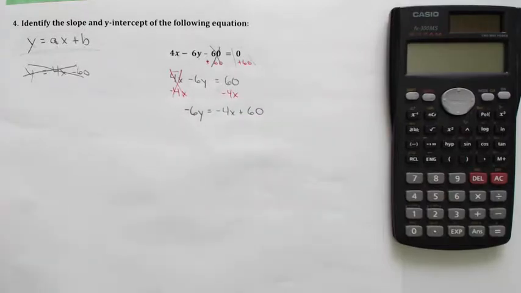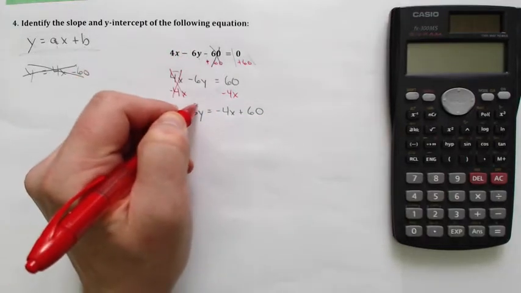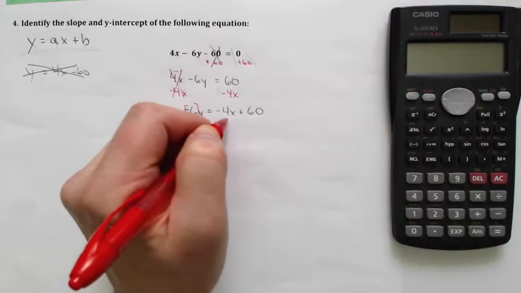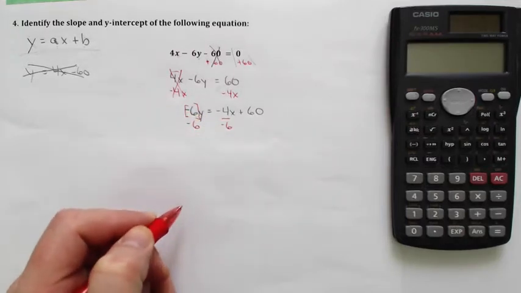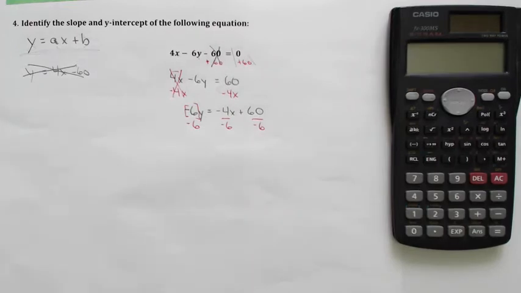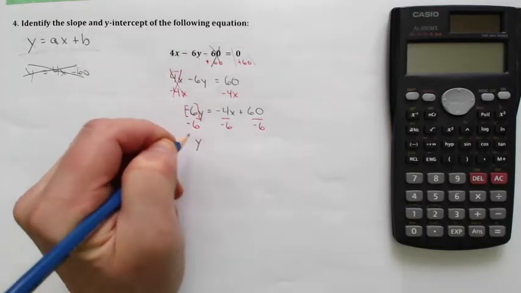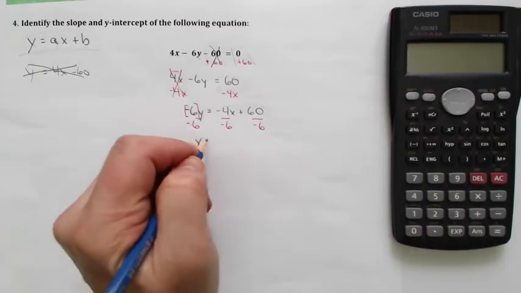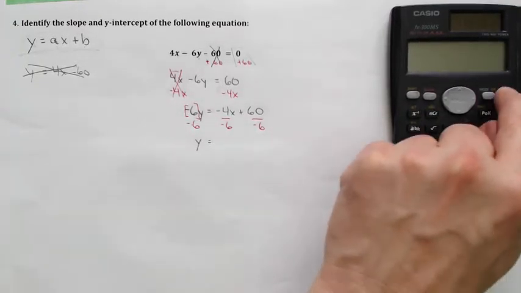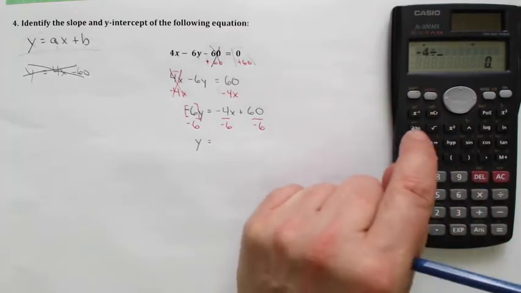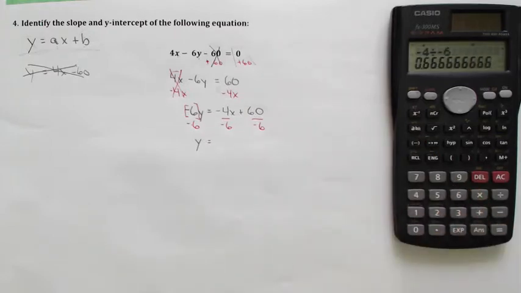Lastly, and some people stop here, but they forget that you've got to get rid of this number as well. The whole thing, including that negative. So we're going to divide that by negative 6. We're going to divide that by negative 6. And we're going to divide that by negative 6. All three parts. And when we do that, we're left with y, because negative 6 divided by negative 6 is positive 1, which we don't have to write, is equal to, now calculator time here, negative 4 divided by negative 6, and that gives us